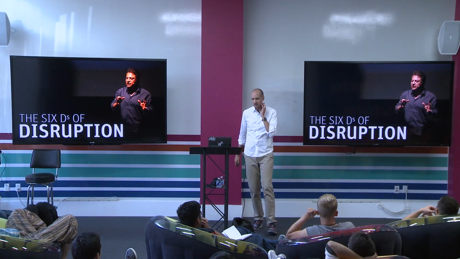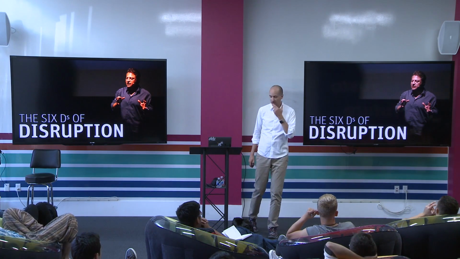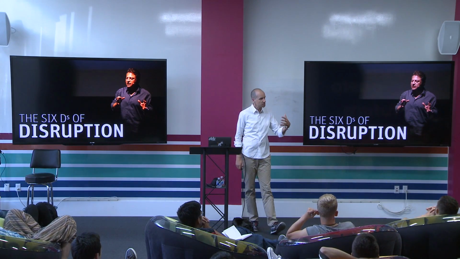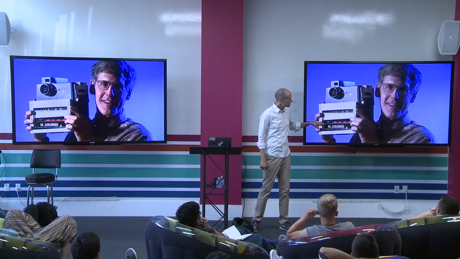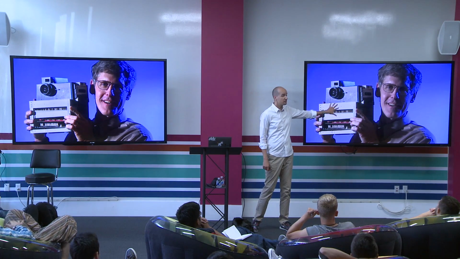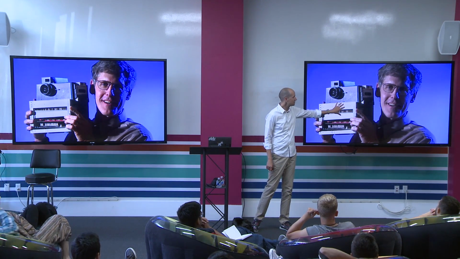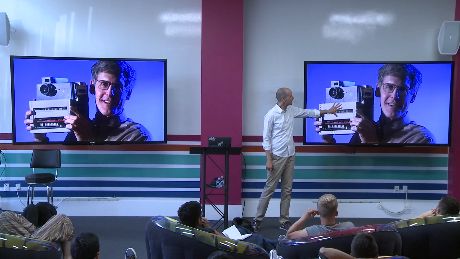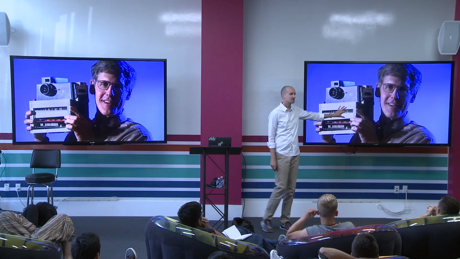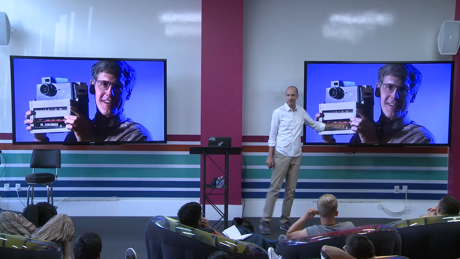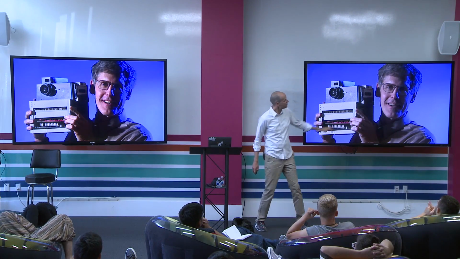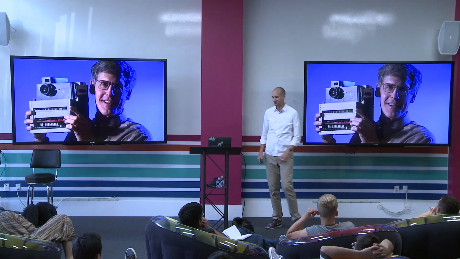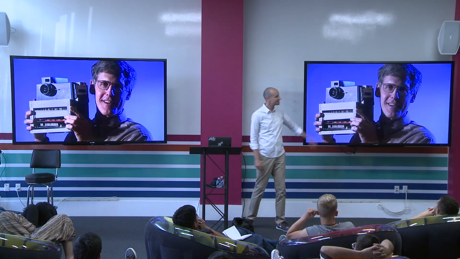Let's look at this from a slightly different angle. Peter Diamandis, our other co-founder, has an explanation model called the 6 Ds of disruption. The way to explain this is, let's talk about the digital camera. This is the very first digital camera. This guy is Steven Sasson, who invented it. This camera had 100 by 100 pixels, 0.01 megapixels. Obviously terrible, and not quite your point-and-shoot format. What I love most is you saved the images on a cassette tape. It's the precursor to the SD card.